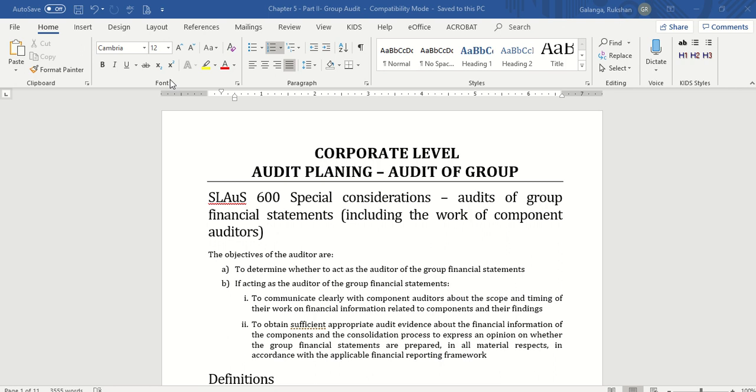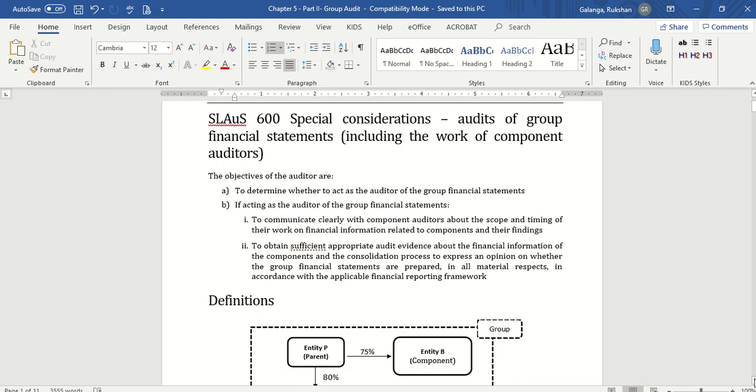So when we're talking about the audit of a group, we have to use the auditing standard called SLAUS 600, that is special considerations, audit of group financial statements, including the work of the component auditors. So that's how it comes, but we'll see what it means. Right. So under this standard, the standard is focused on